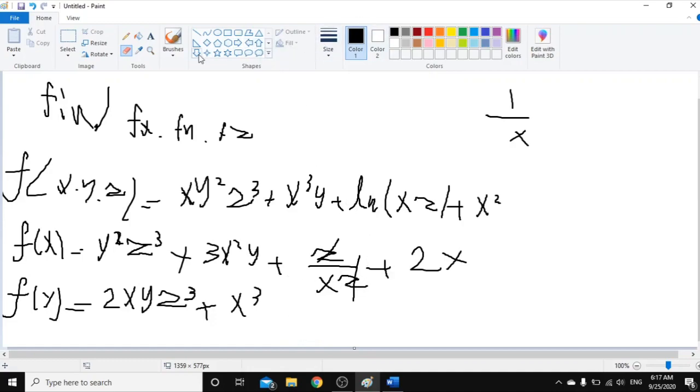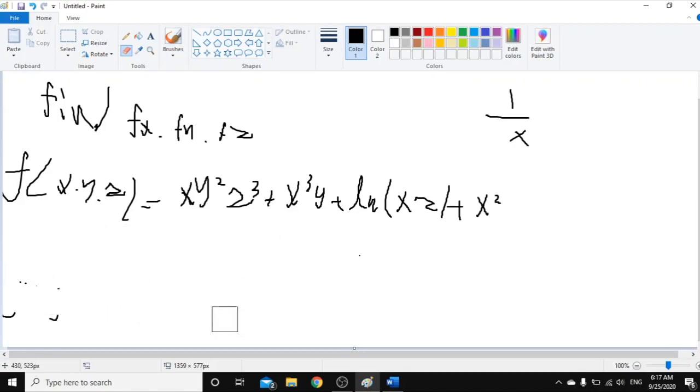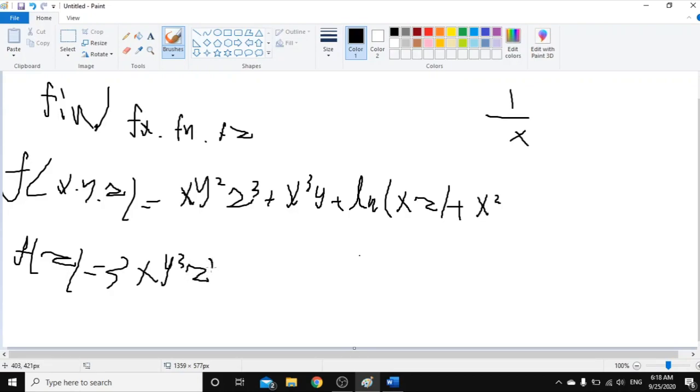Let's find the third one, or the last one, you can say, f of z. Let's make some space here. So f of z is equal to z cubed. The partial derivative of z cubed is 3z squared. So 3 times x times y squared times z squared, because here cube, 3 minus 1 is 2,